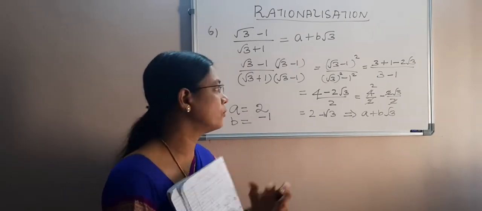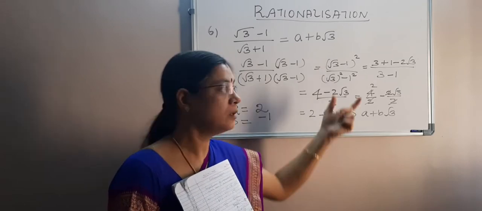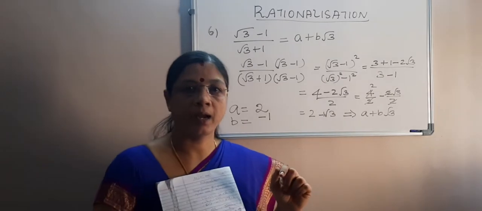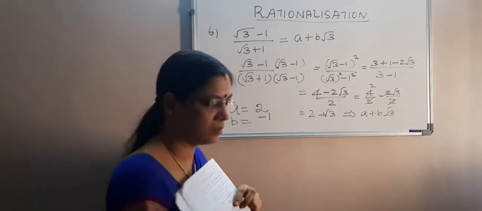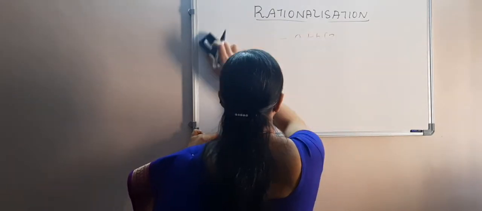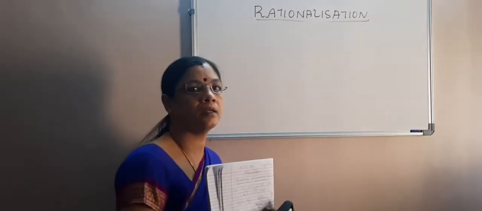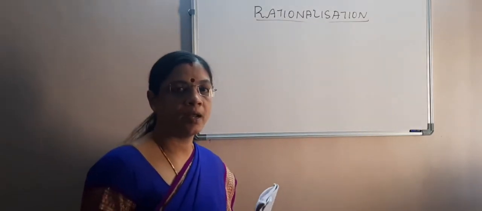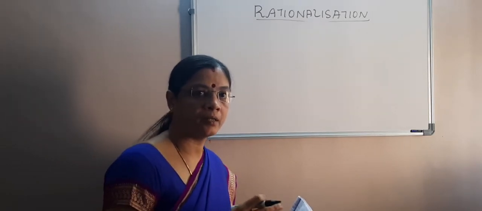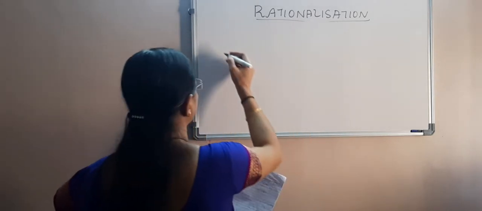Now we have understood how we simplify the term and equate it to a certain term, that is a plus b root 3, and find out the values for a and b. Understood? Okay. The simplification process is very easy. You just need to understand the process of rationalization and simplify the terms accordingly. But be careful when you apply the identities and solve. Okay, you might make mistakes.